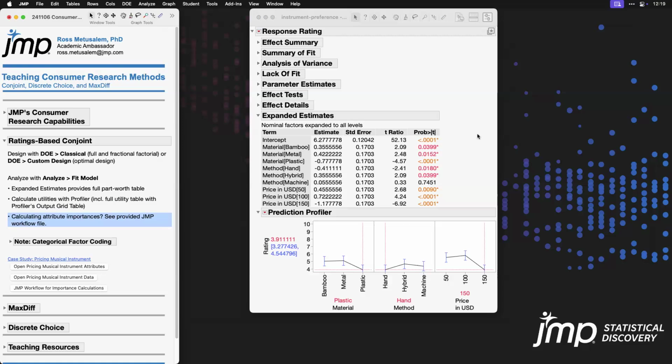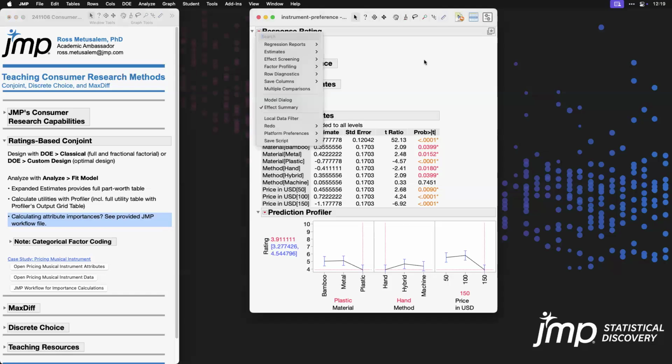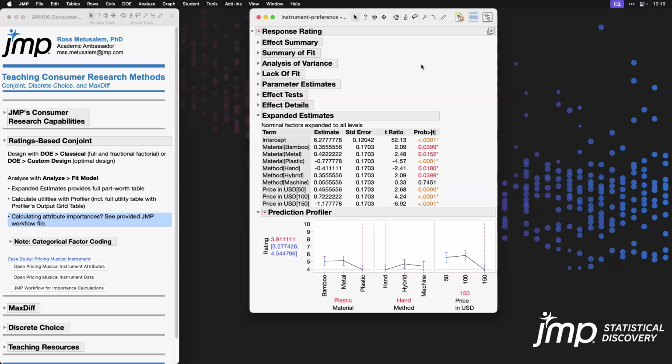the relative importance. Now, you can do that by hand, and maybe in your course, at least at first, you want your students to do that by hand to understand where those values are coming from, but it can be cumbersome, and there's no red triangle option to produce that automatically in Fit Model, because again, this is a general purpose tool. It's not built specifically for conjoint